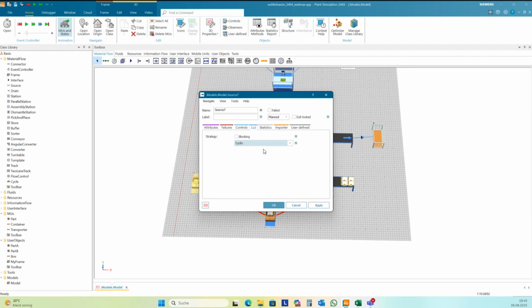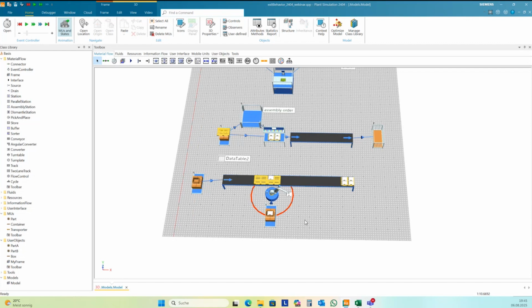If you try to do this with SimTalk, this is already compiled, and so this behavior is much faster than all you can do in SimTalk. So you should look first into the basic default behavior of Plant Simulation if you can solve your problems with this. Okay. Any questions?